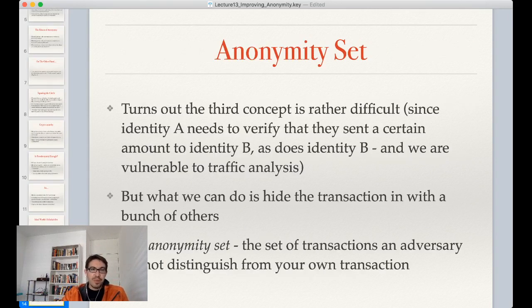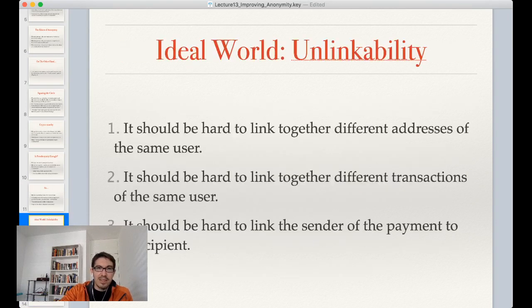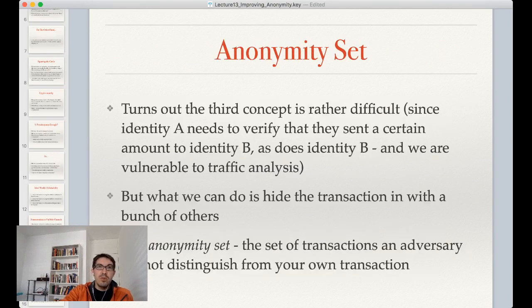So getting back to our earlier slide here, and so just after saying that it's difficult, we want to have unlinkability. And while there are some ways of avoiding 1 and 2, it turns out it's very difficult to avoid number 3, especially in an entirely transparent system like a Bitcoin-style blockchain. So what we can do, though,